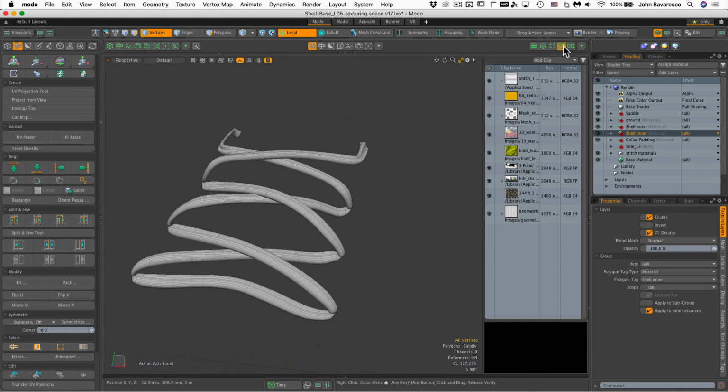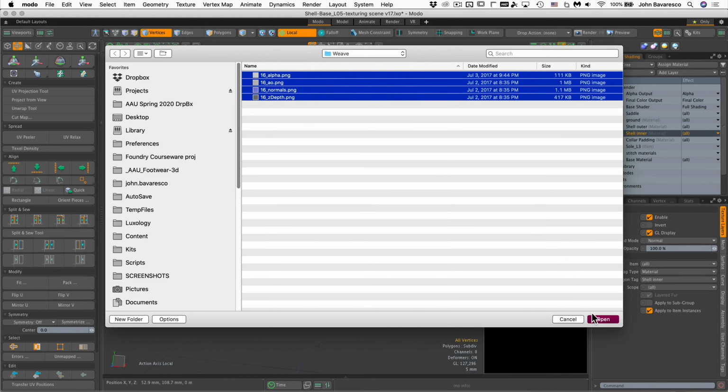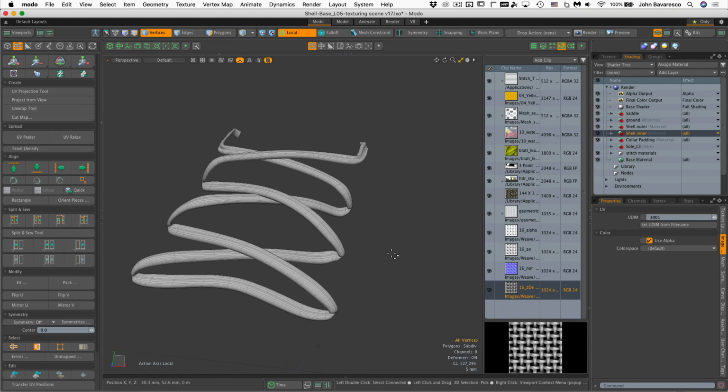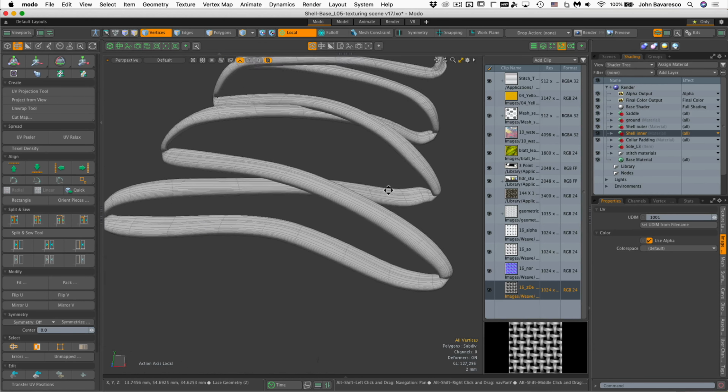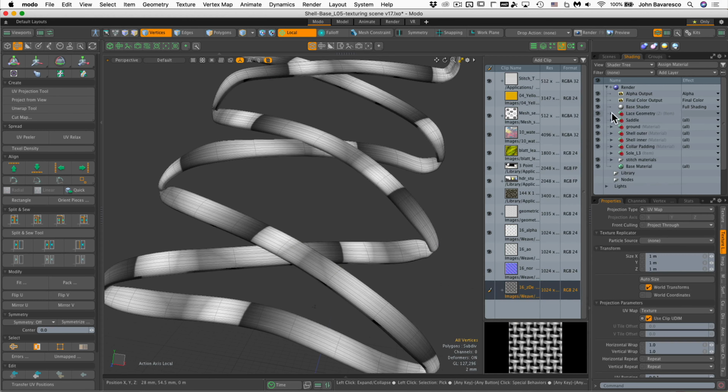So let's open up our clip browser, add a clip, and navigate over to the Weave directory that should be in your images folder. And I'm just going to select all of these, hit open, because I'm not sure which one I'm going to want to use yet. So, all right. Now you'll see that we have the same pattern, but it's used for different effects on this shoestring. So I'm just going to grab the bottom one,